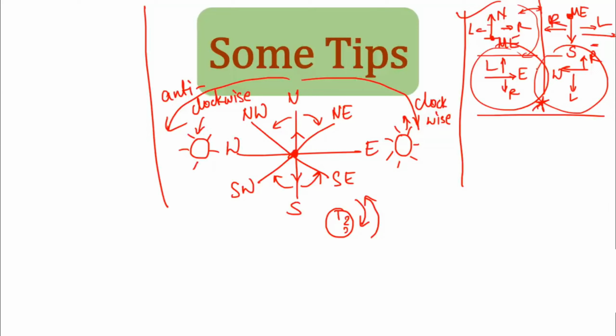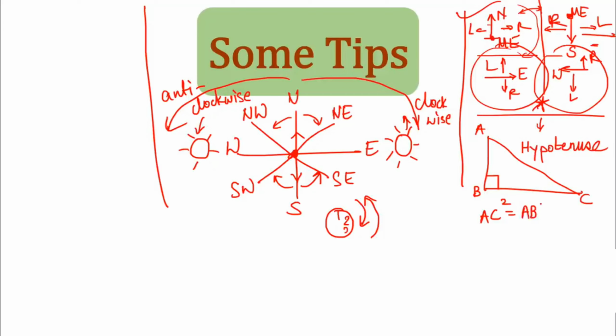Now after this right and left, another very important concept, okay? Let us see over here at the bottom. You have learned this in 8th, 9th, 10th and this is nothing but the Pythagoras theorem. If you have a right angle triangle ABC, then AC is the hypotenuse, okay? And we know hypotenuse square, that is AC square, will be equal to side 1 square plus side 2 square. You need this to solve the sums related to directions where distance has been asked.